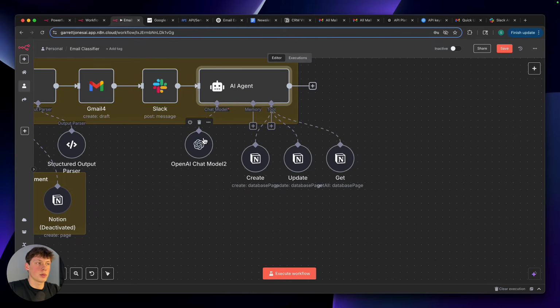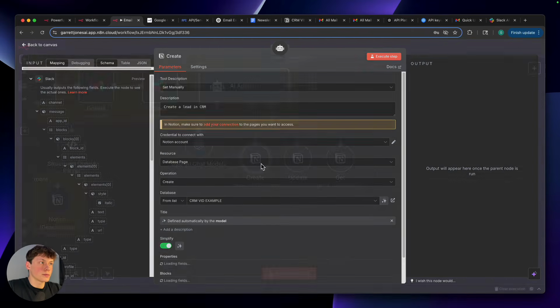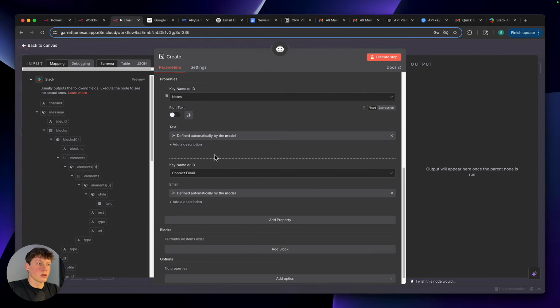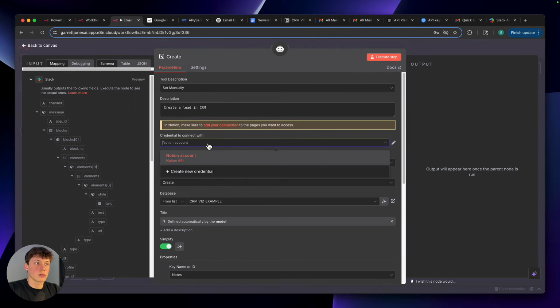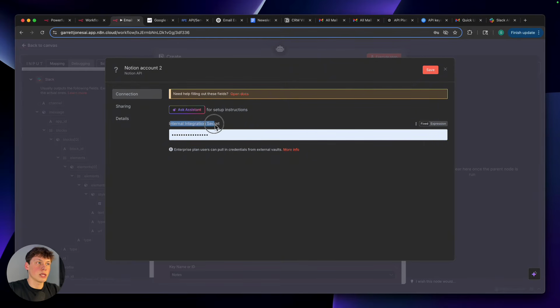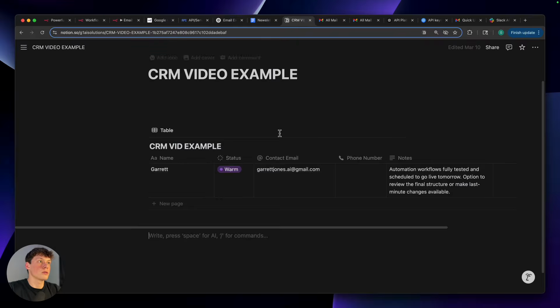Again, we're just using OpenAI. You've already connected that. So if I open up the create tool, this is what it looks like. We are setting a tool description manually, giving it a description: create a lead in our CRM. Go to credential to connect with. Again, select the dropdown, new credential. And in this case, we need an internal integration secret. So if you head over to Notion,